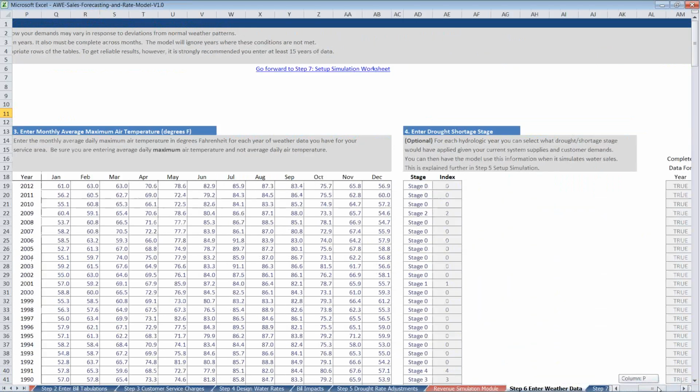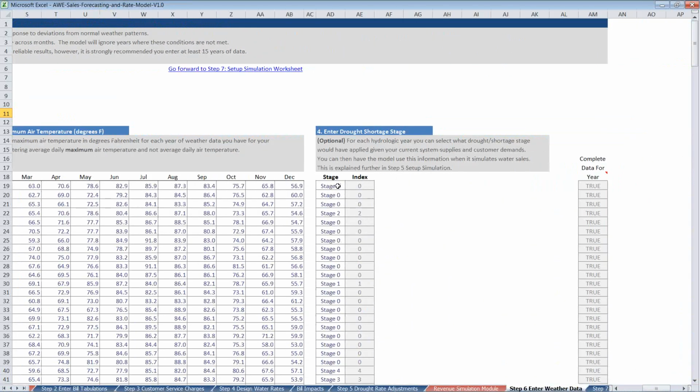And what's also really cool is if I scroll to the right, you can select if any of those years you were in a drought stage, and then the simulation module can use that to determine effects of weather on demand and what stage you were in and what those reductions would be.